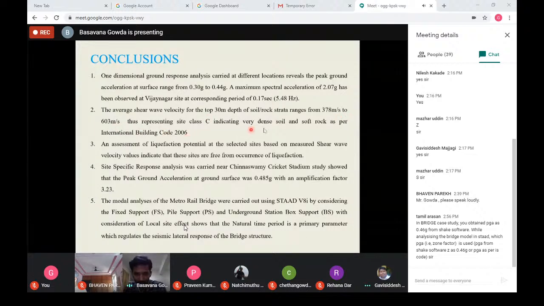So another advantage we have with these refraction microtremor studies is based on the shear wave velocity. As per the international building codes, there is a classification based on the value of shear wave velocity, whether the site is class A, class B, or class C. It indicates whether the soil is dense or soft. So based on the shear wave velocity we obtained from the refraction microtremor studies, taking into consideration all these sites,